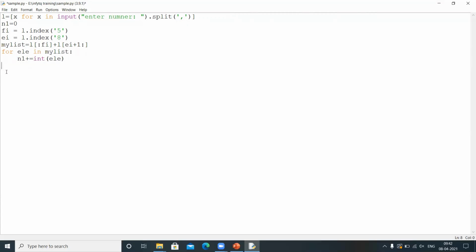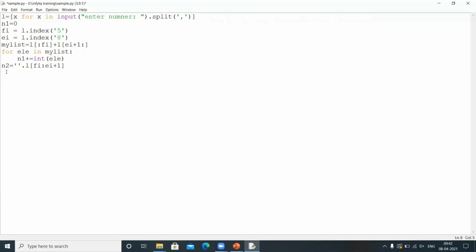Now we need to calculate number 2, right? Number 2 means what? Number 2 equal to, first what we need to do, we need to get the index, right? L of, starting with the first index up to end index, you need to take the range of elements. And these are all strings, right?